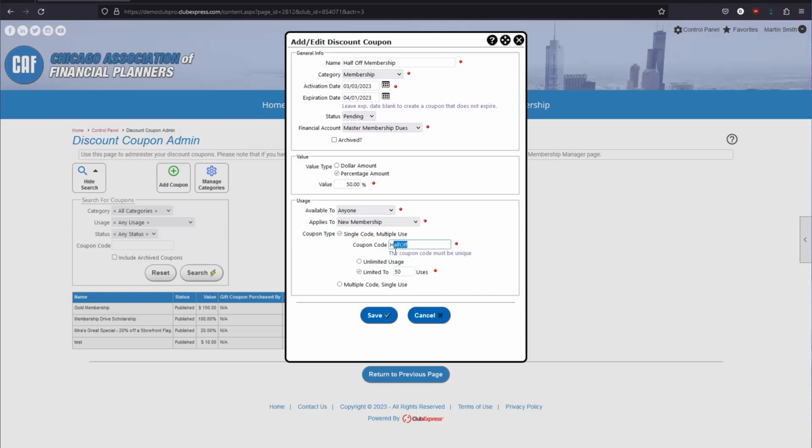You can say, I can have up to 50 people use this code. Another option to limit code usage would be to have each code be unique, and each code can only be used one time. So that is our multiple code option here. So we can say multiple